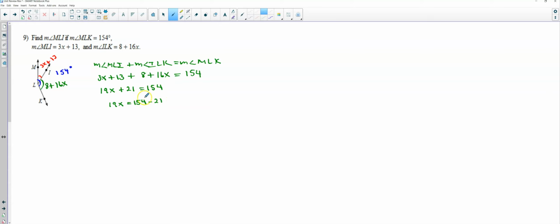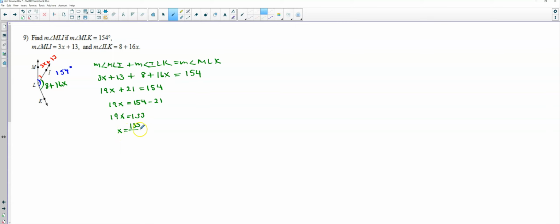Remember, if you change sides, you have to change the sign. Notice it's positive on this side of the equal sign. When I put it on the other side of the equal sign, it becomes negative. So I have that 19x is equal to 133. So now all I have to do is divide